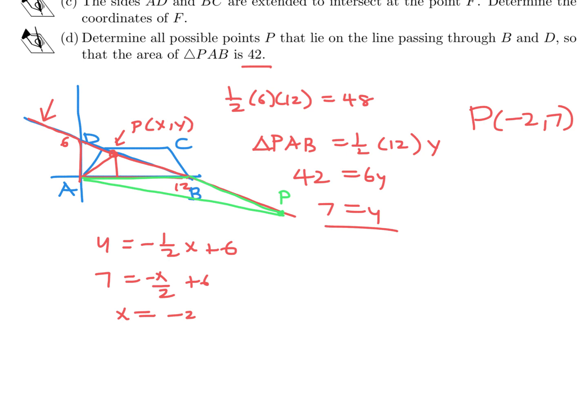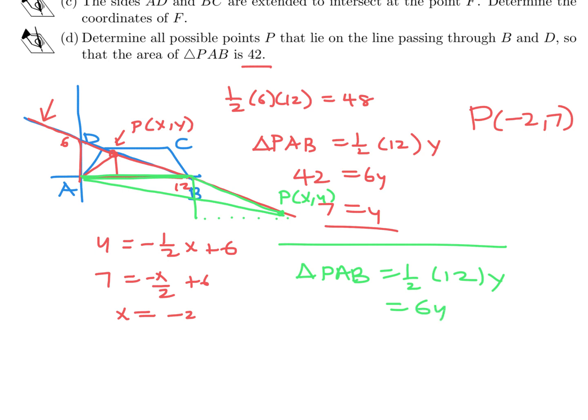Same kind of story, I think, that if P is XY, then again, the area of triangle PAB would be 1/2 base times height. The base is this guy, which is still 12, and the height is from there to there, which is, again, the y coordinate. So it's the same thing. But